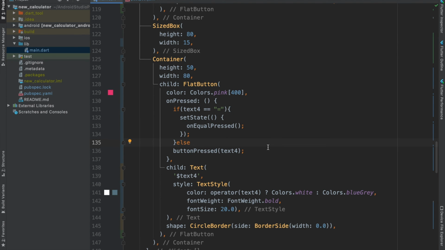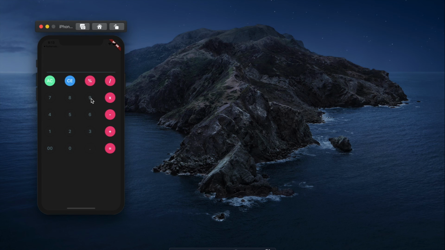Now let's see whether this works fine or not. So if I press any buttons here, then you can see that our app is performing the calculation. And if I press this button, then the answer and the last entry is being erased. And if I press this button here, then everything is getting erased.